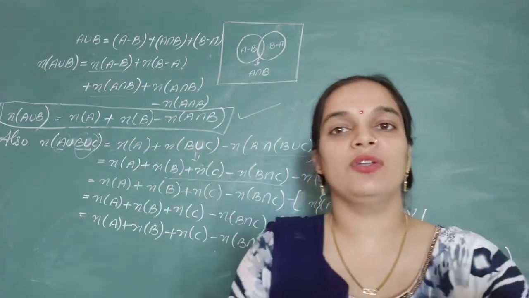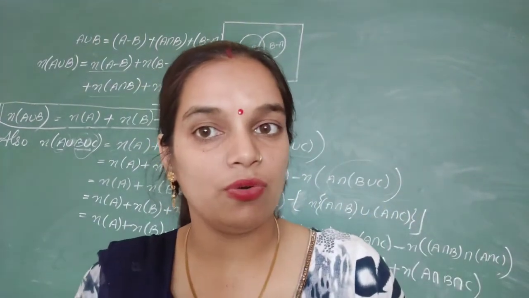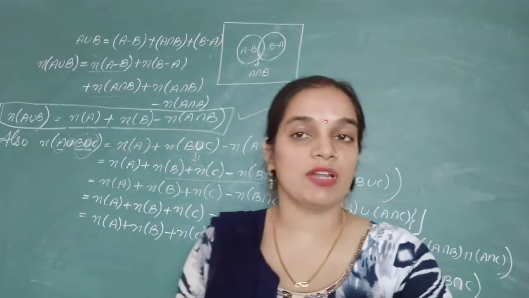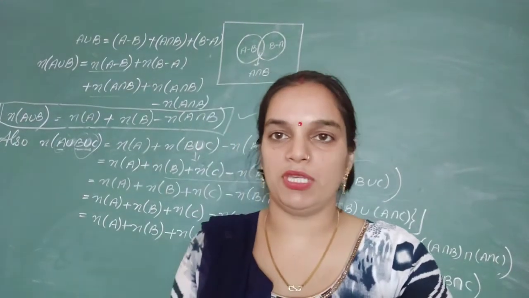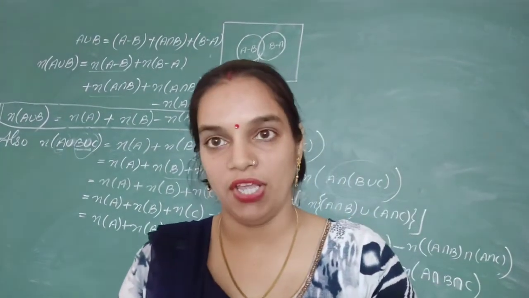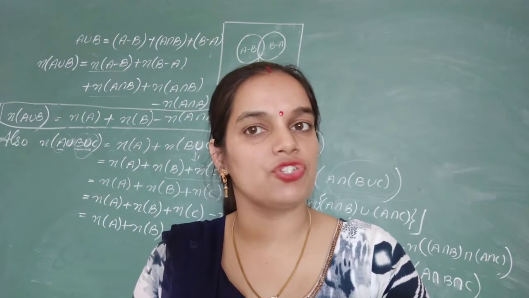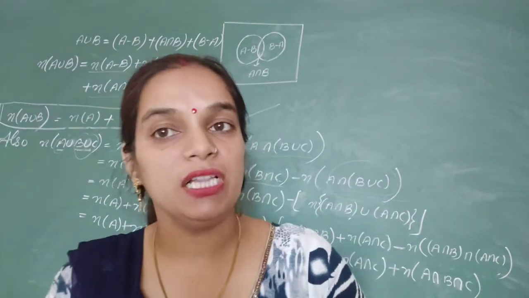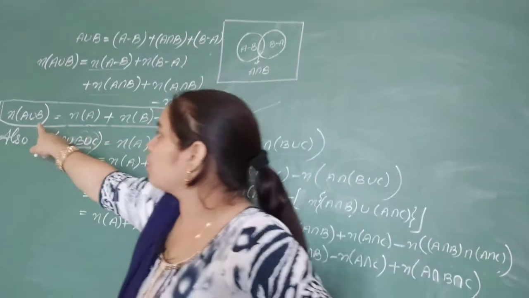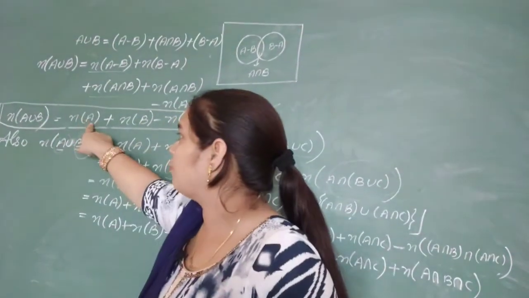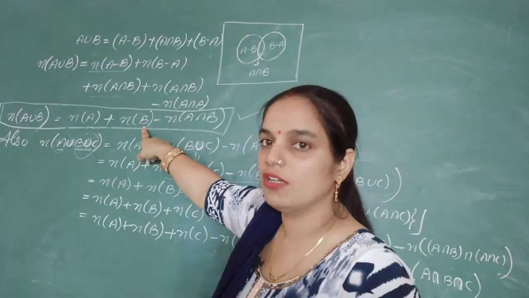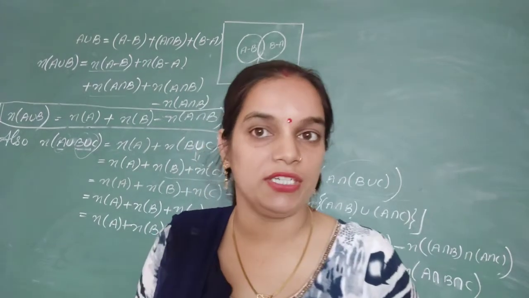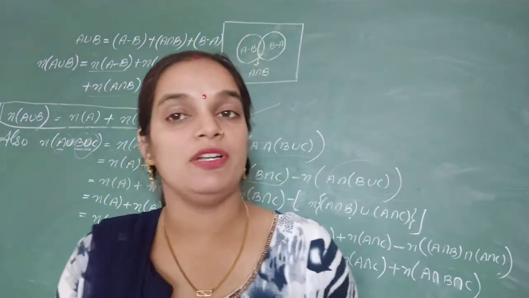Thus these are the two main properties, we can say two main formulas, to do the practical problems. Firstly, one more term is here. If A and B are two disjoint sets, meaning there is no element in their intersection, the property will change. So the number of elements in A union B will become the number of elements in A plus the number of elements in set B. This term will be removed from here when they are disjoint sets. Okay, now we will discuss some questions.